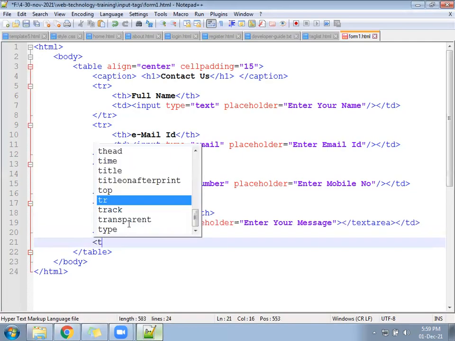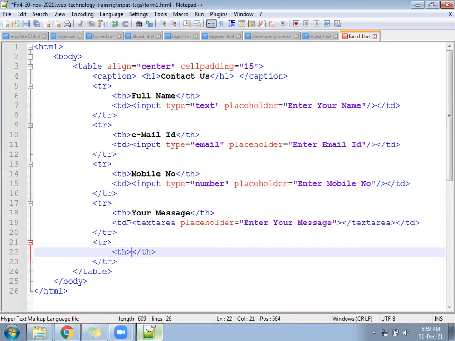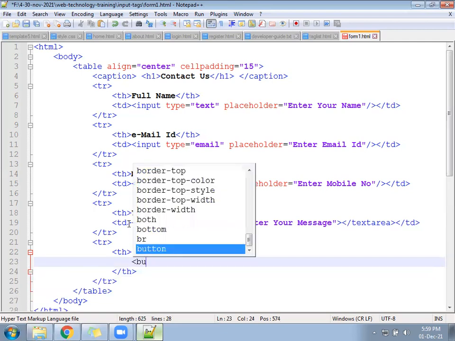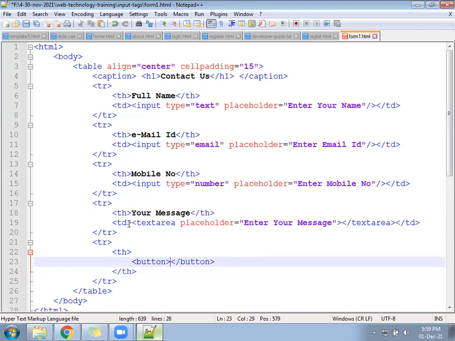Next TR, create a button. TH you can follow here, and inside the TH, you will write a button called Send a Message.